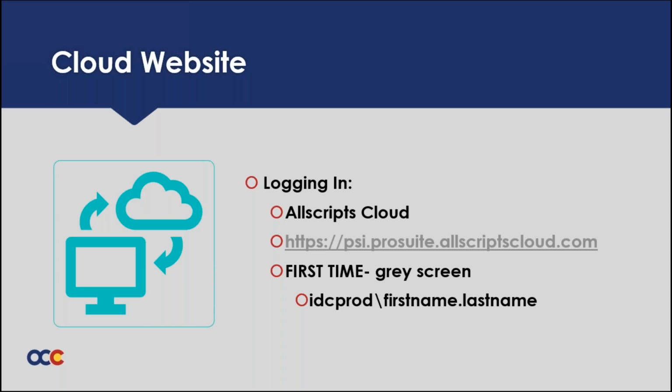So logging in today, we're going to go through this process, but just so that everyone understands the way that this works, through OCC, we are logging in through a cloud-based system. And the cloud-based system acts kind of like a computer when you log into your computer, and then you have to launch the individual applications that you want to use, such as email or Word or Excel, maybe your current practice management or EHR platforms. And so in order for us to get to the Allscripts cloud, we have our first login that we need to do, and that's our Allscripts cloud login. I'll show you how to do that. But that is through